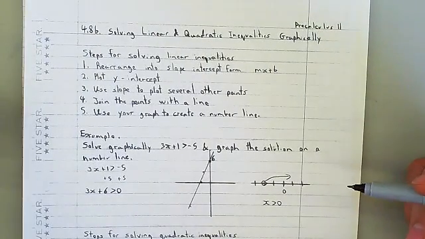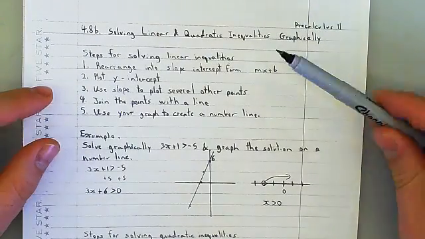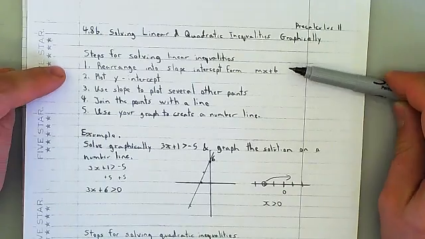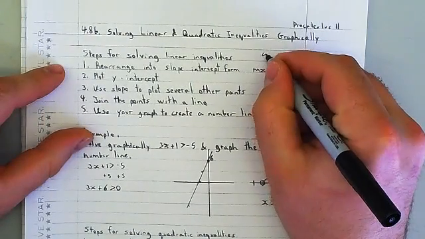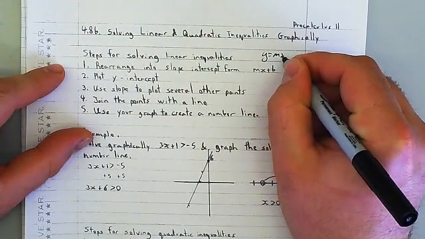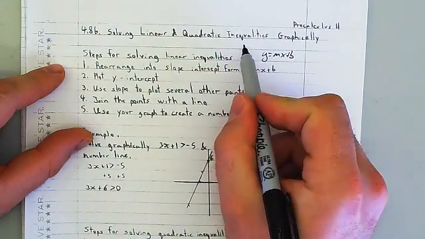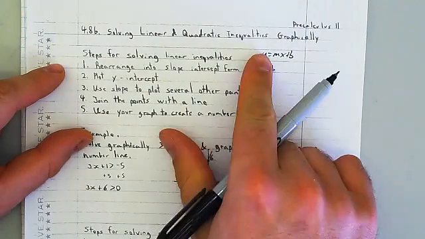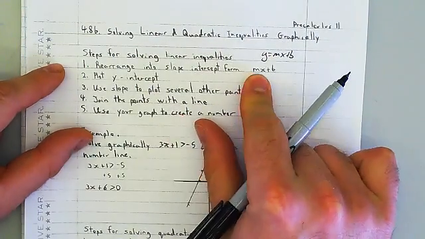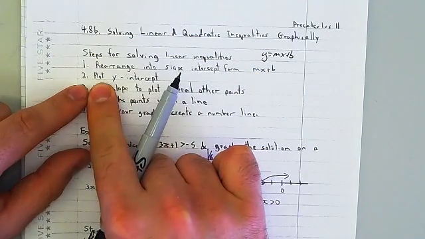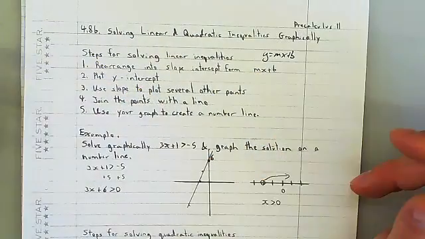The steps aren't too bad for solving them. You're basically going to rearrange into slope-intercept form. If you recall, that was y equals mx plus b. But because it is an inequality, it doesn't equal 0, or it doesn't equal y, so it's really just mx plus b. We're going to find our zeros and our y-intercepts